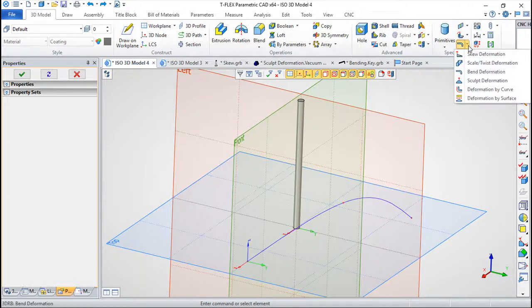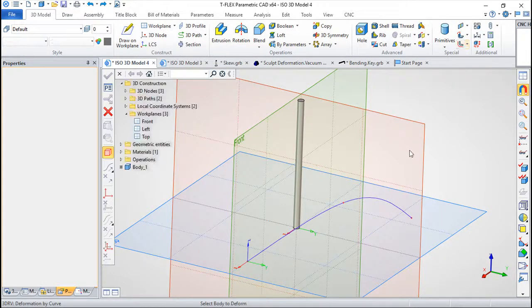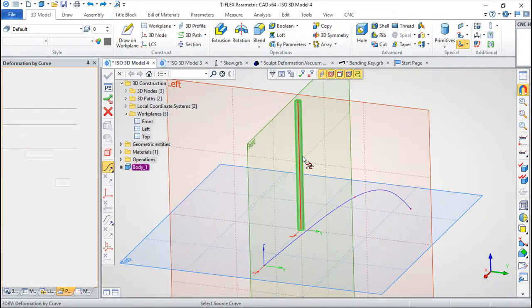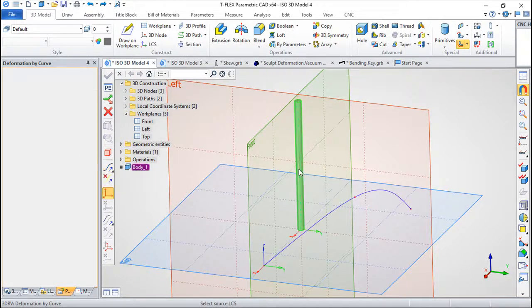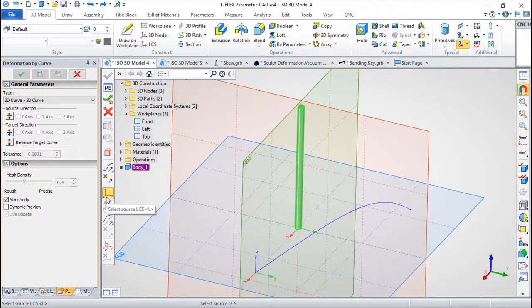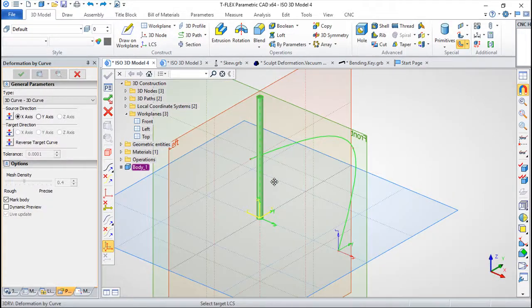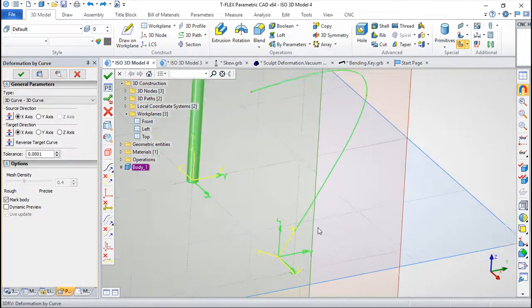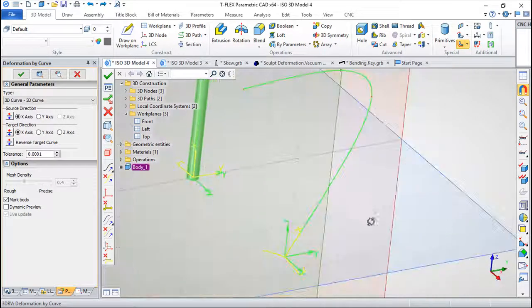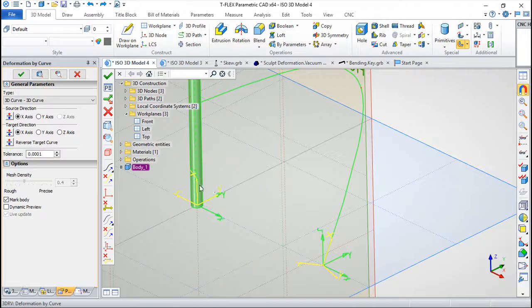So the idea now it is to deal with the deformation by curve. And first step, choose your model, then choose the source curve that will be the axis I've created. Then we can define a source coordinate system, which is this one, and the target curve, that is going to be this one. Finally, I will choose my target coordinate system, and you get this orientation of the coordinate system